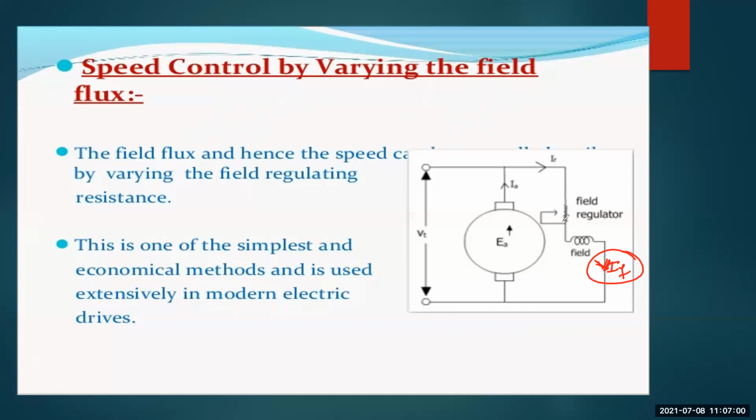At starting, for example, if this is not connected to this, the current comes directly into the field winding in this way. If some resistance is introduced into the system, for example if it is connected like this, the current enters the field winding in this manner. So this much resistance is included, decreasing the current.